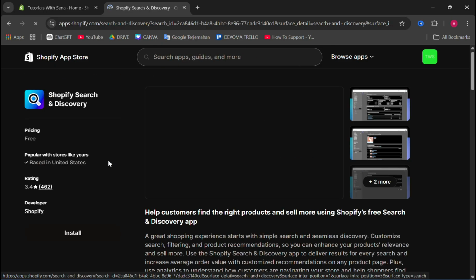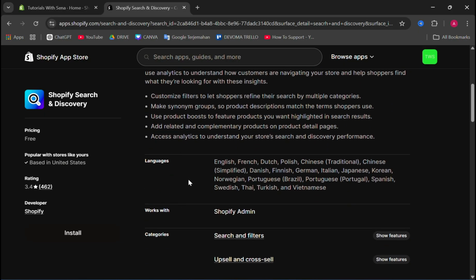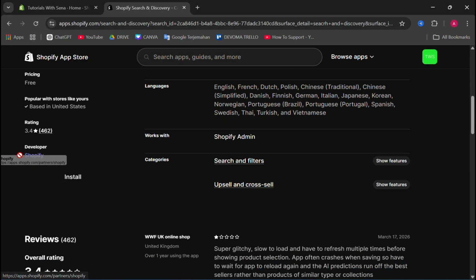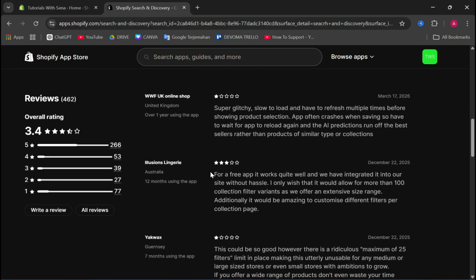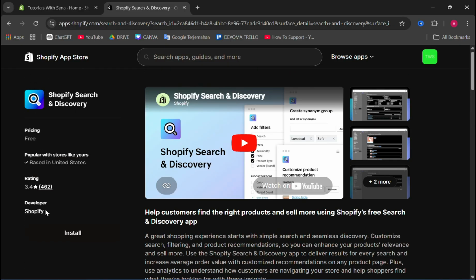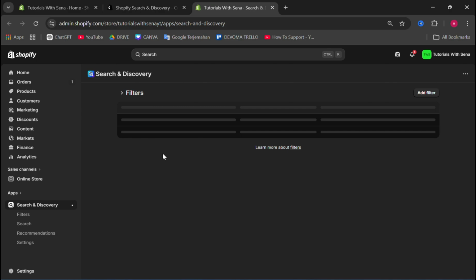Here you can click on it, and as you can see, this is the official app from Shopify. You can read the description, you can also read the reviews if you want, but we're just going to click install. Now, in order to do that, you can just click customize filters, and then you can click add filter,